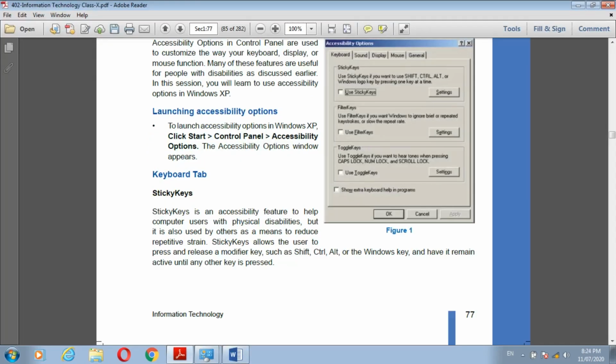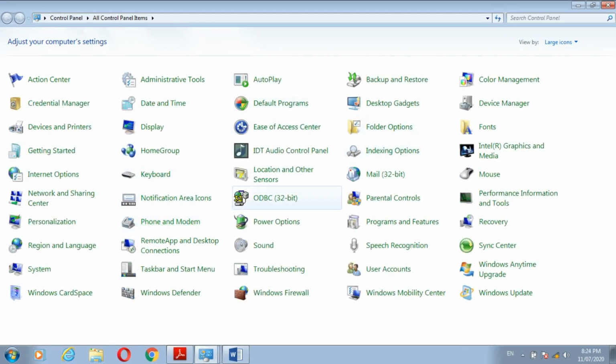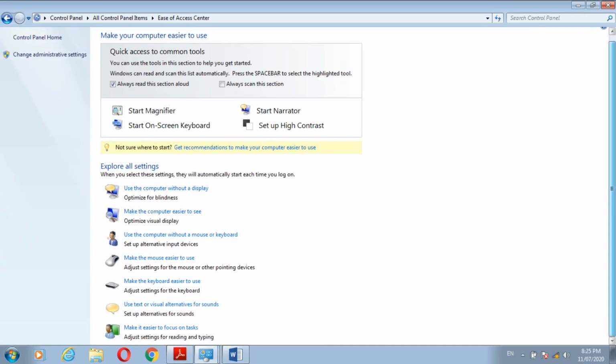So to open the sticky keys, or to launch the accessibility options, go to the start button, control panel, and in the control panel you have to click on the Ease of Access Center. In this way the window is open. Here we can click on make the keyboard easier to use.